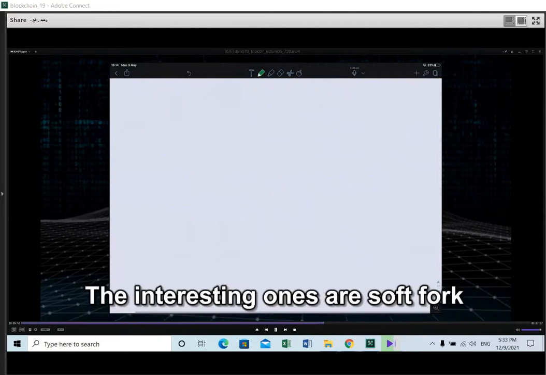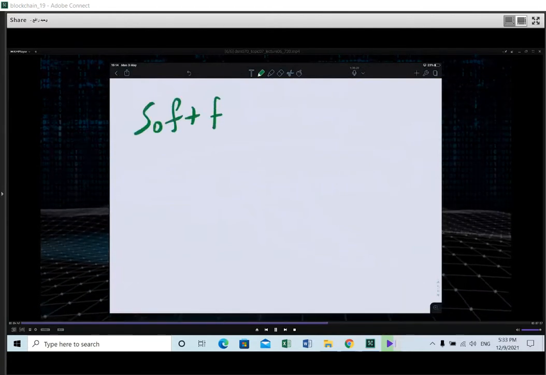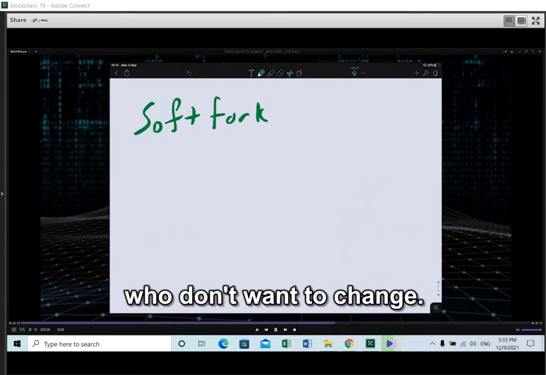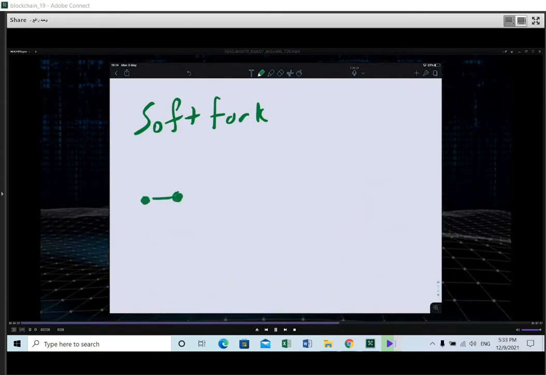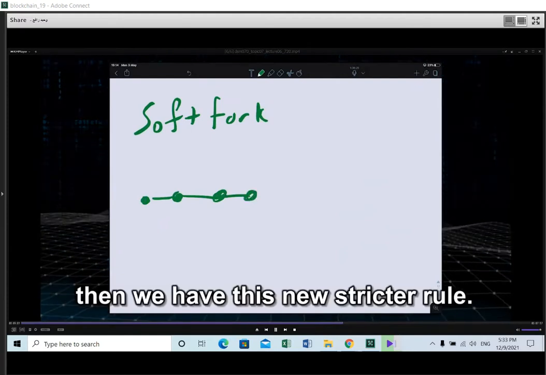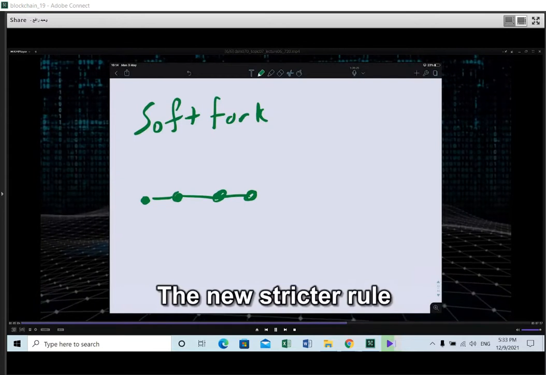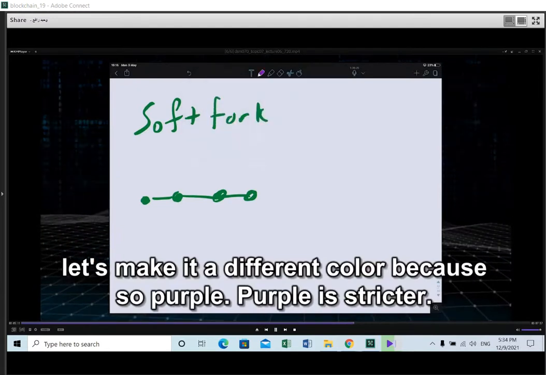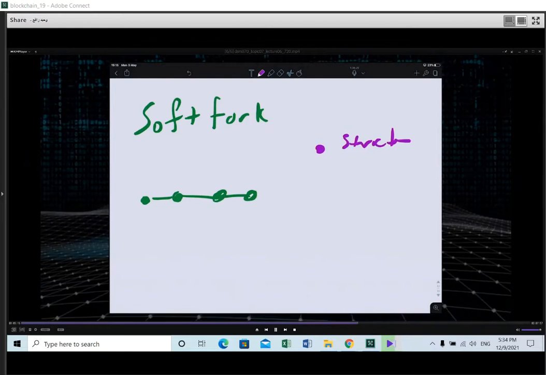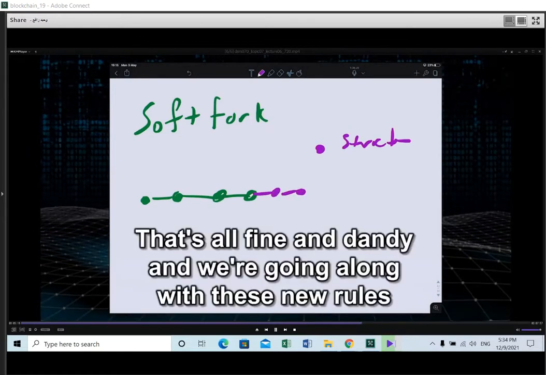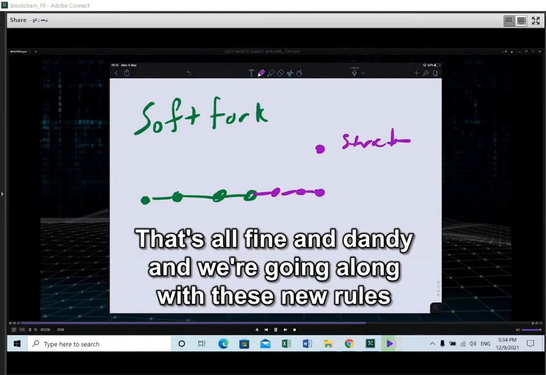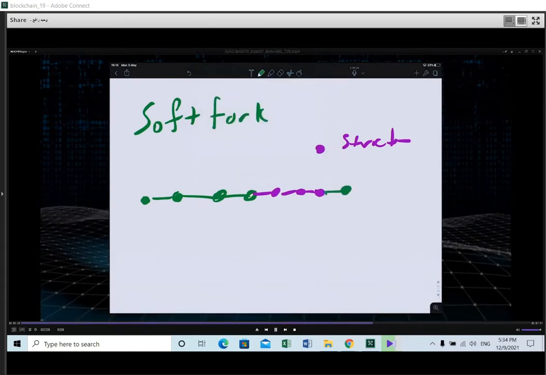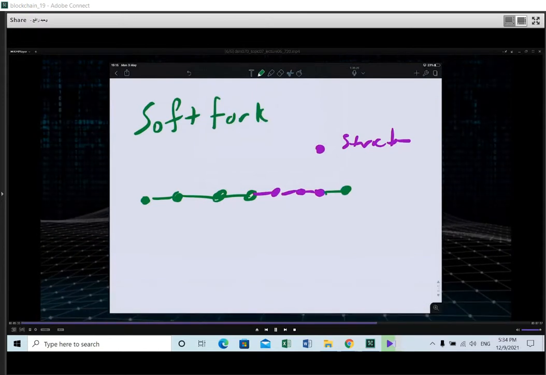The interesting one is a soft fork, because I wanted to talk about what happens to the people who don't want to change. So we're going along, then we have this new rule, this new stricter rule, okay? Let's make it a different color, so purple is stricter. That's all fine and dandy, and we're going along with these new rules, and then something comes along that doesn't meet the new rules, okay? And somebody puts it on the blockchain, yeah? But this is not going to be accepted